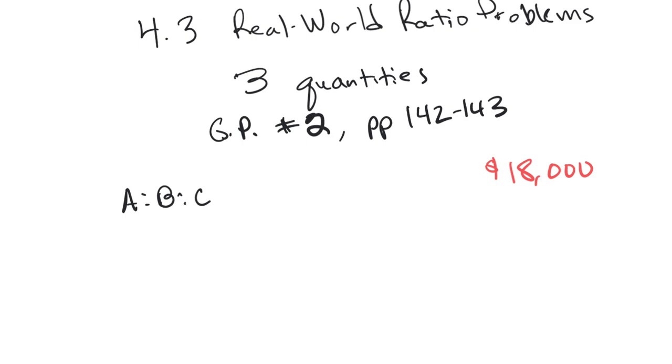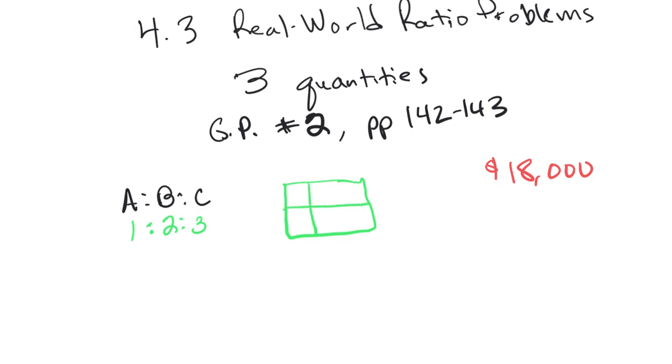It says a school raised $18,000 at a charity event. The money raised was shared among 3 charities, A, B, and C, in the ratio of 1, 2, and 3. How much money did each charity receive? So we have A getting 1 share, B getting 2 shares, and C getting 3 shares. So if this is the whole big pot of money,